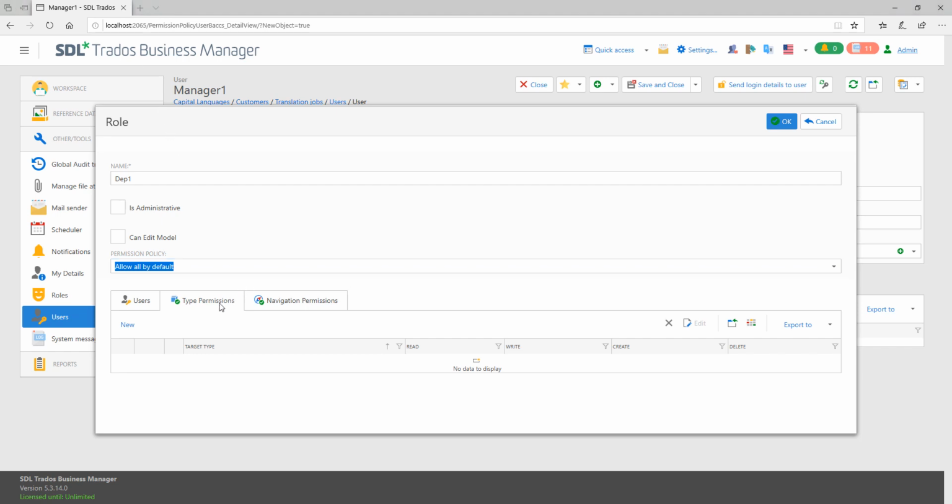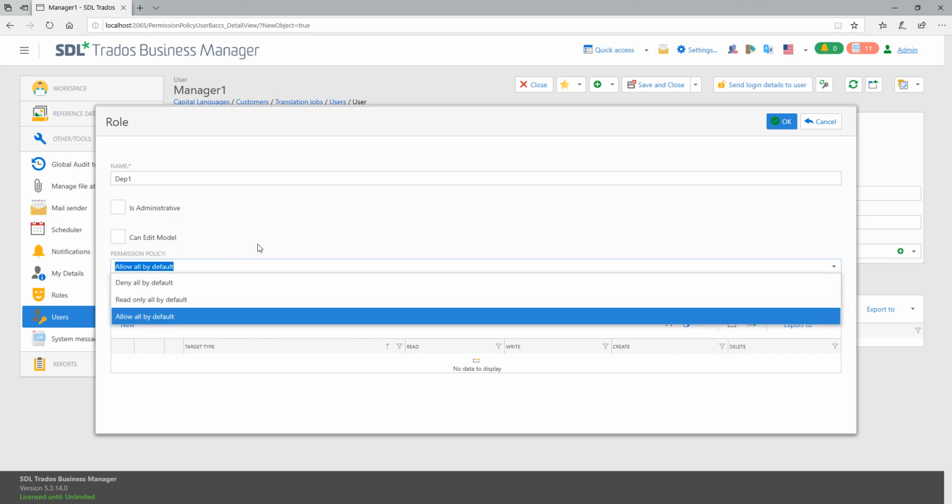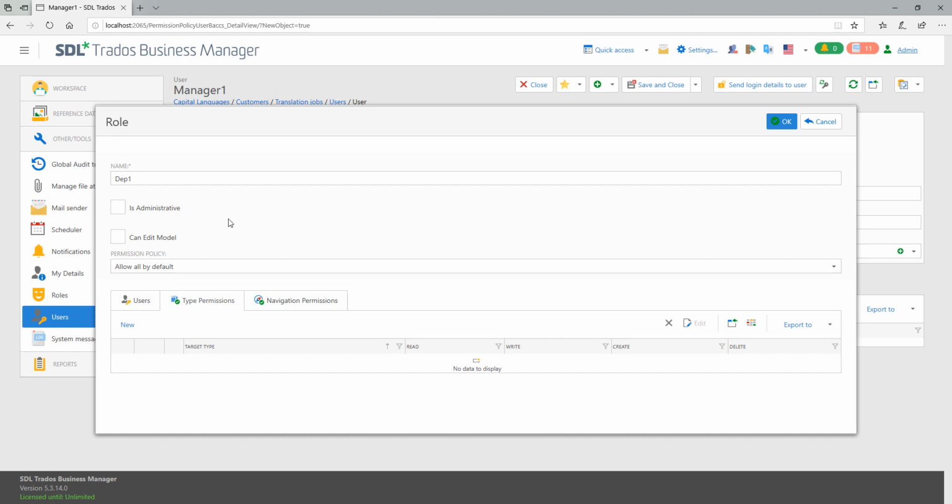Next step is the actual configuration of the role. Here we have type permissions and navigation permissions tabs. I go to type permissions, and here we have to restrict access to some data. So we allow access to all data for this role, and now we need to somehow restrict part of the data